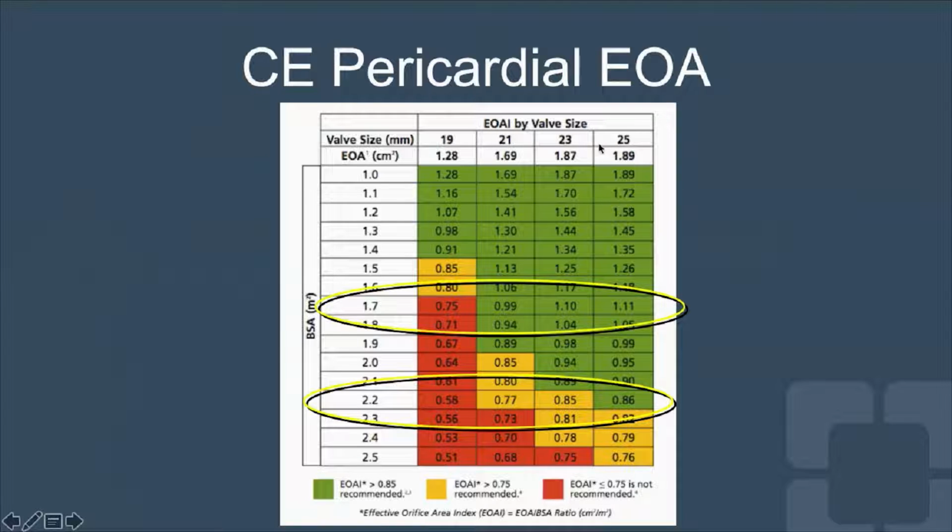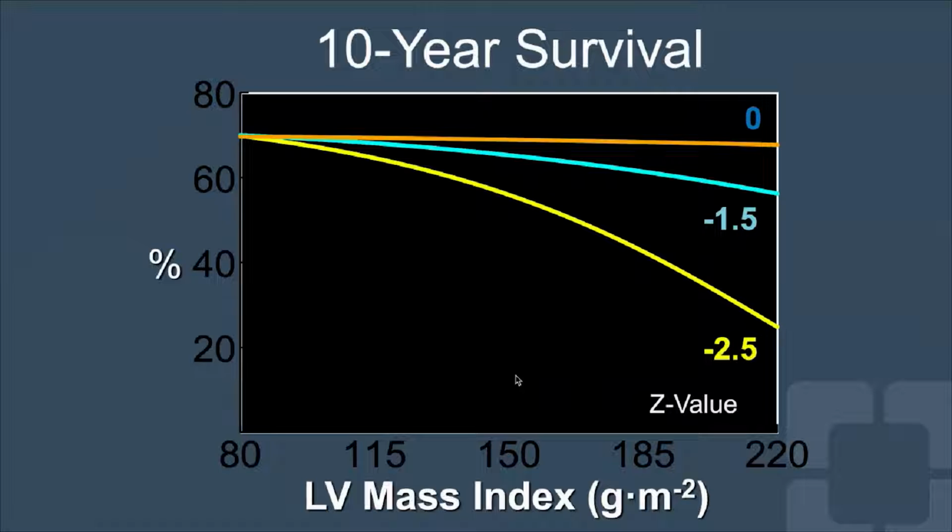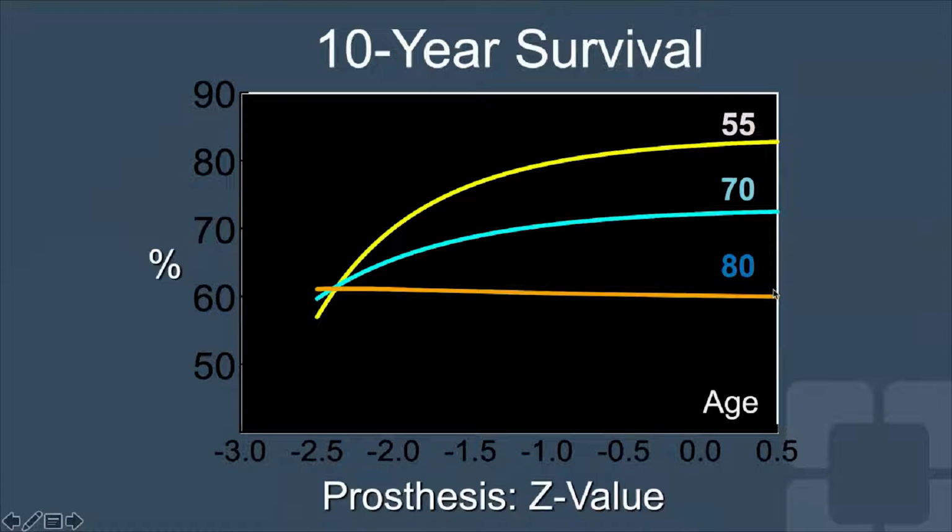And for each type of valve, you have standard sizes that are available. And for each size, you know the effective orifice area based on the calculation of the valve area. And you know for the patient's body surface area, you can predict which patient will develop patient prosthesis mismatch or not. So patients who do have severe ventricular hypertrophy, putting in too small of a valve does lead to a worse outcome over time, and that difference